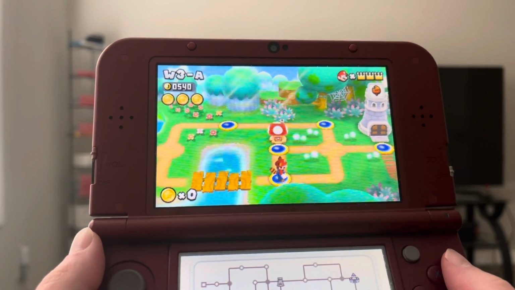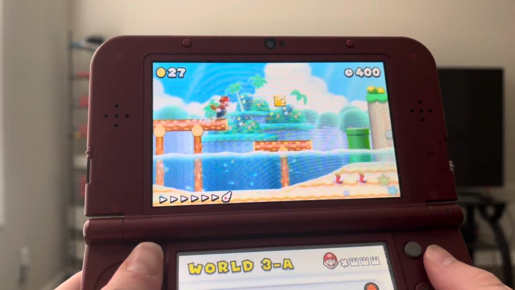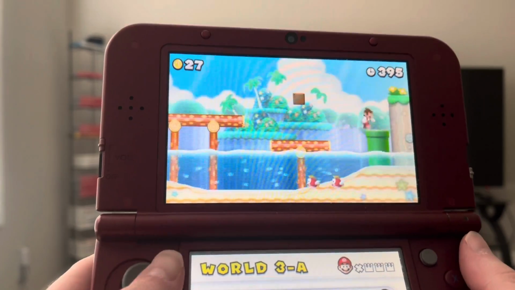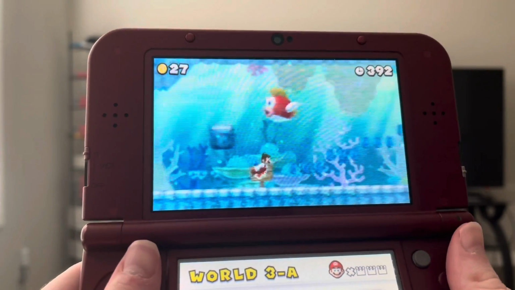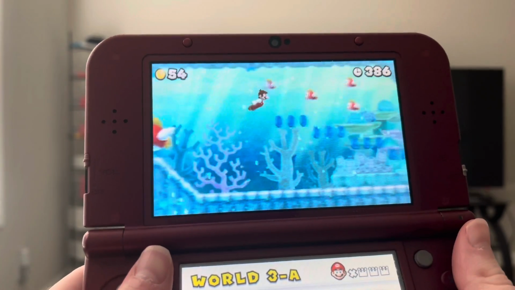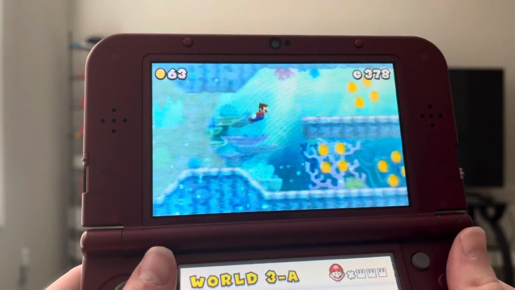Number 4 on my list is World 3-A. This is the only underwater level on this list, because, of course, it's the easiest underwater level. Because you get a nice fire flower right here, and then all you do is go on a stroll. And it moves at such a fast pace. It's the awesome thing about this one. It moves at a really, really fast pace. You might get hit a time or two, but